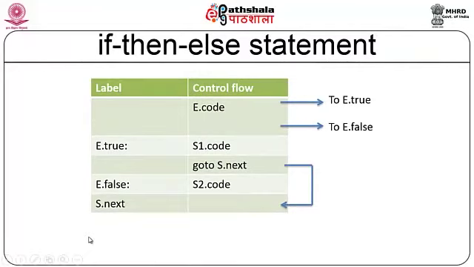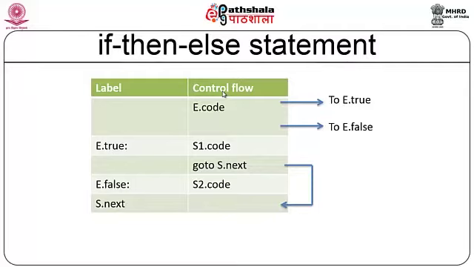Now, let us look at the if then else. This is simpler compared to if then. Again, for E dot code you evaluate two labels, one is true, one is false. Now, here I have two statements, it is part of my LHS statement, that is, if expression is true evaluate S1, else evaluate S2. Again, after evaluating S1 I should skip S2, that is the body of S2 should be skipped, and you have to basically go to the next statement corresponding to the LHS statement of the grammar.